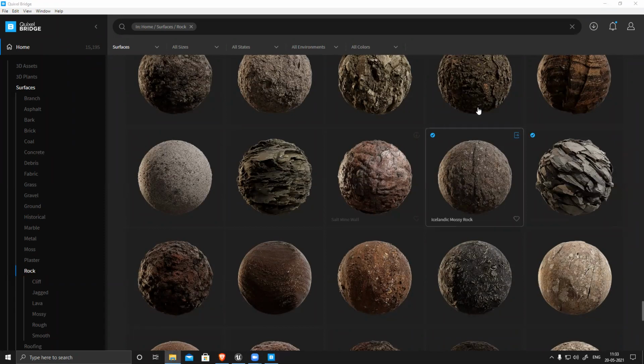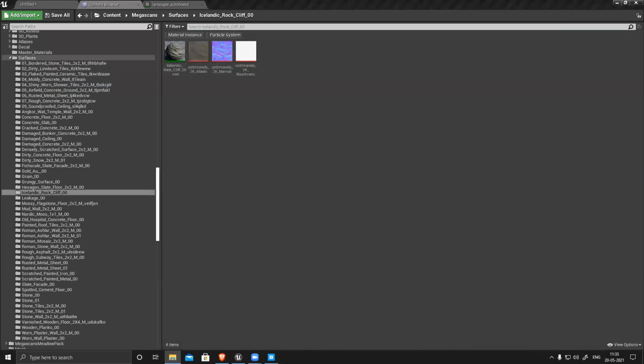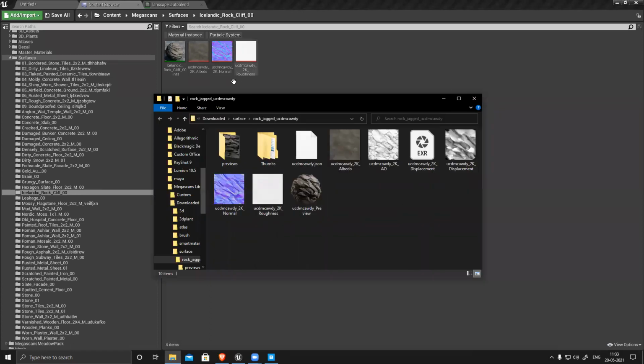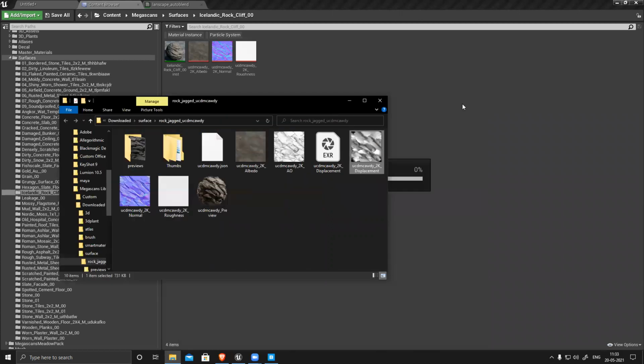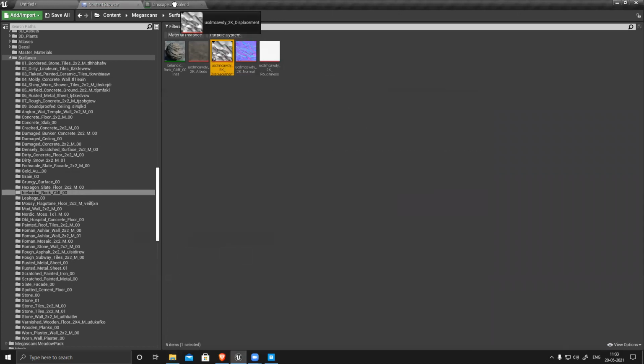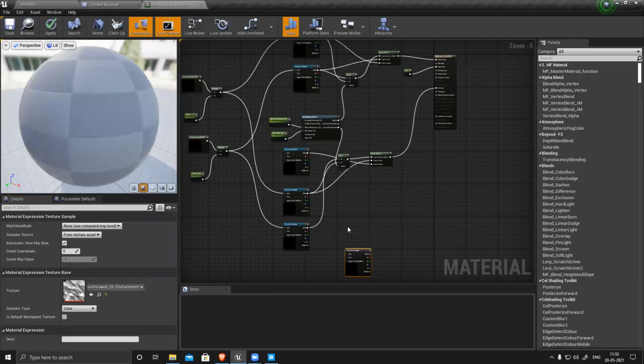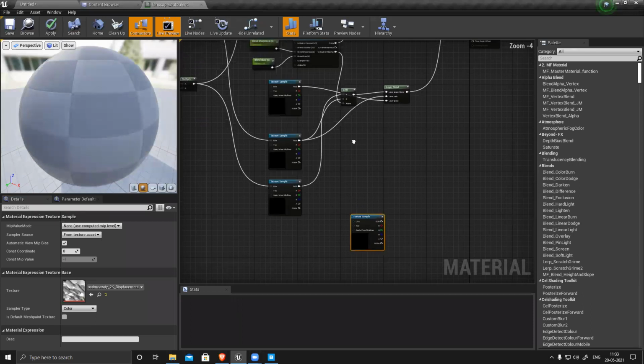Go to file. It kind of looks this one only. So I'll just simply import displacement map. Let's connect displacement.